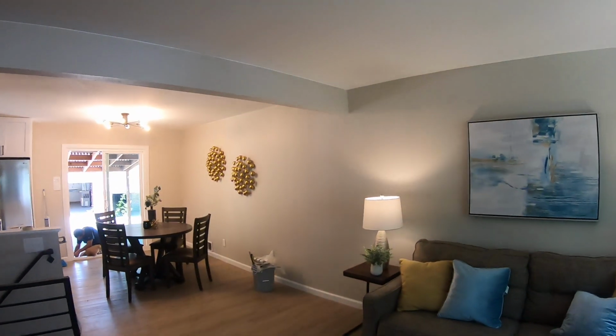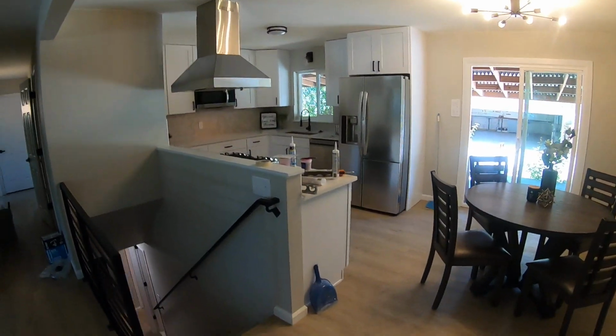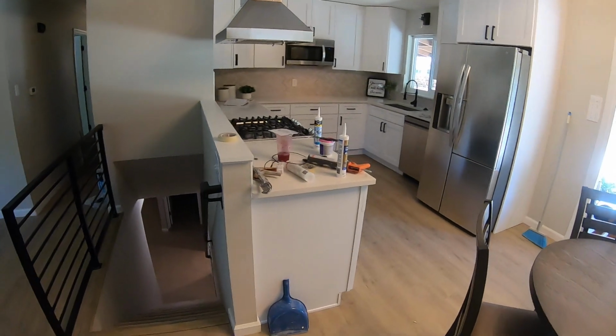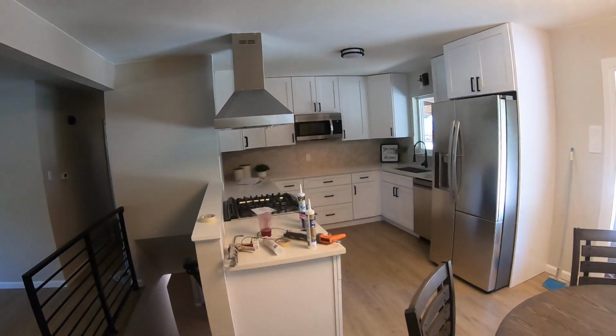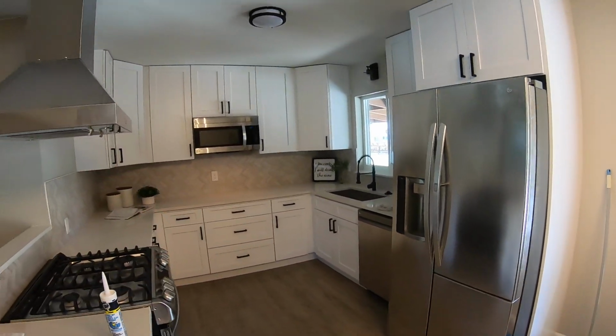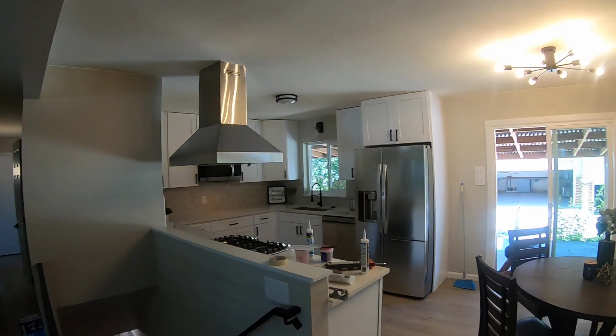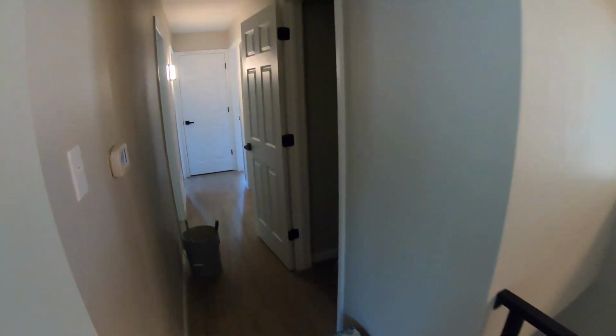New railing. This wall got ripped out. Same thing with this wall on the side of the stairs there. There used to be a way to kind of walk through behind the back of the kitchen, but we closed that in. Completely redid the kitchen layout. All new light fixtures, and